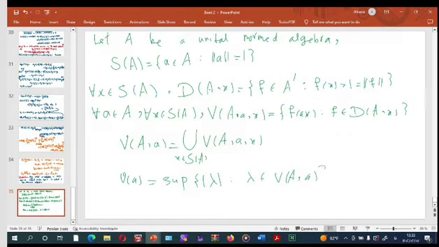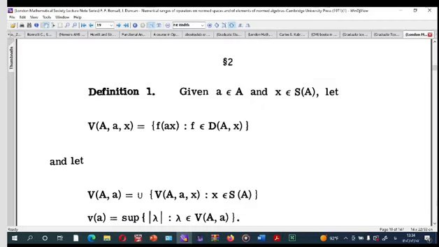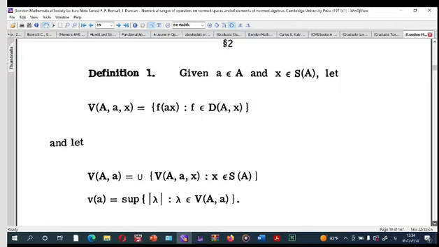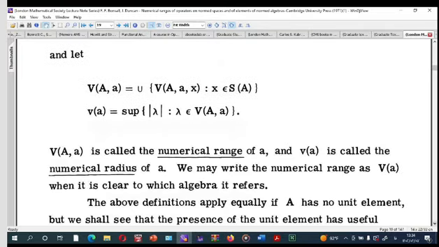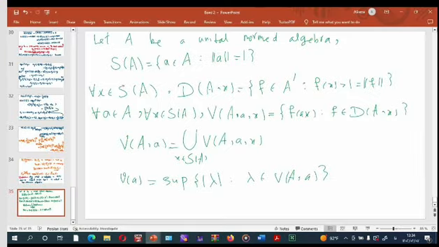Then this V(A, a) is called the numerical range of a, and this is called the numerical radius. V(A, a) is called the numerical range. Okay,